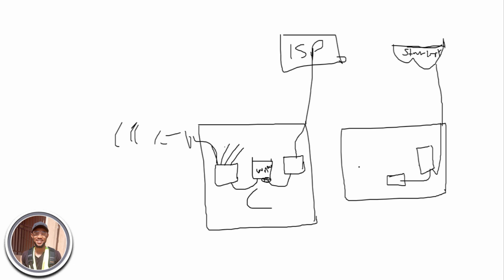So if you have a router here, you're going to do a configuration inside this router to bypass the wireless. Once you bypass the wireless of this Starlink, you can now connect this directly to the one port of your router. Okay, so once you connect it to your router, you can now connect your switch, then your devices, and every other configuration. So this is quite more straightforward, but you need to do this bypassing configuration on this Starlink router. Okay, then connect it to the one port of your Cisco device, and you can now connect to the